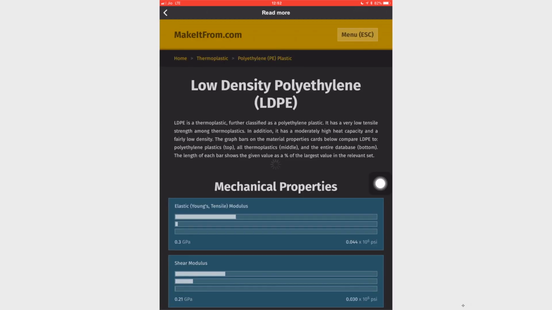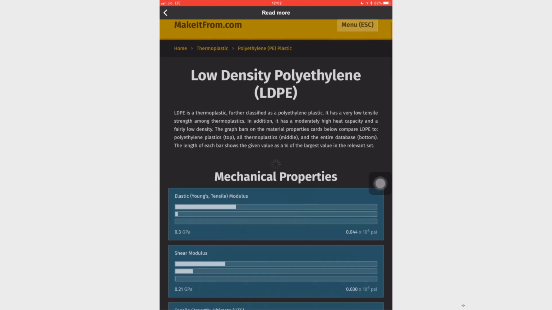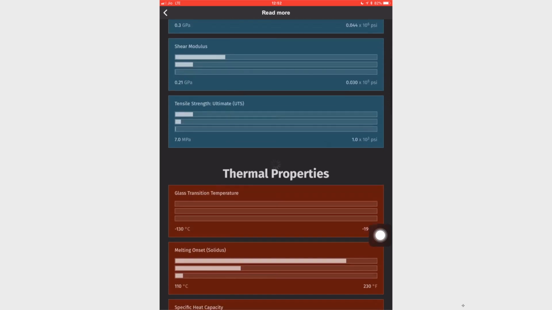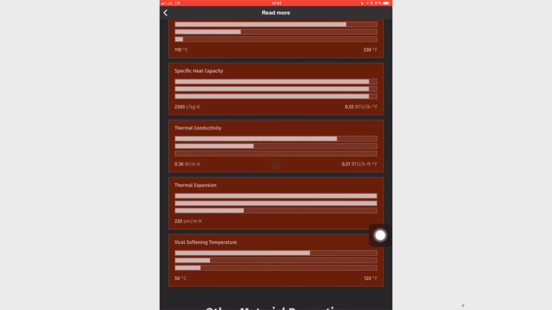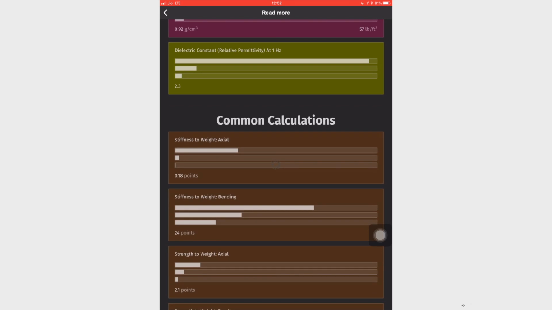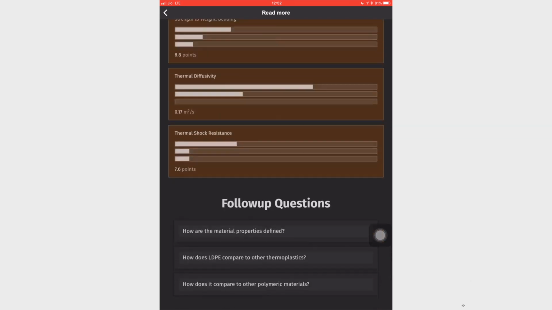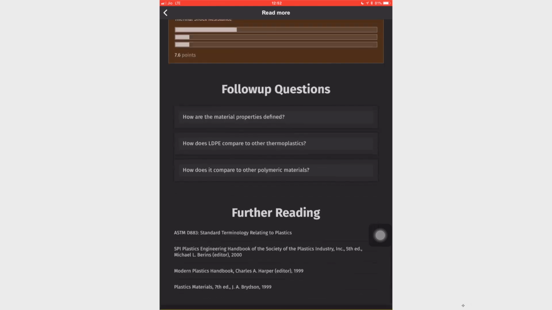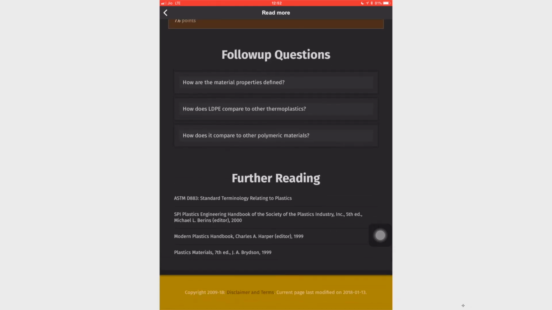When I click on the design information, again it goes to a particular website which tells me what this material is all about, the mechanical properties, the thermal properties, other material properties and common calculations with respect to this material. Then you can have more and more information about this particular material.